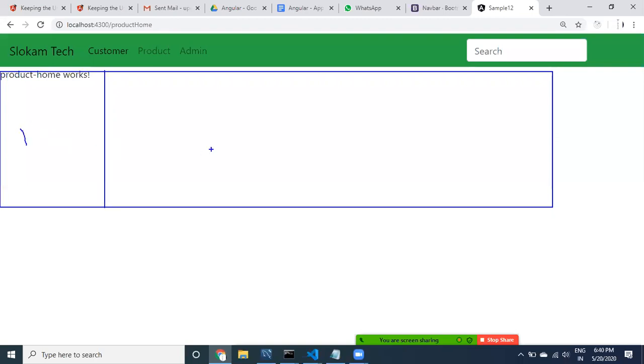This is part one, and this is part two. How can I divide any screen into multiple parts? Using the rows and columns provided by Bootstrap, the row and column classes.